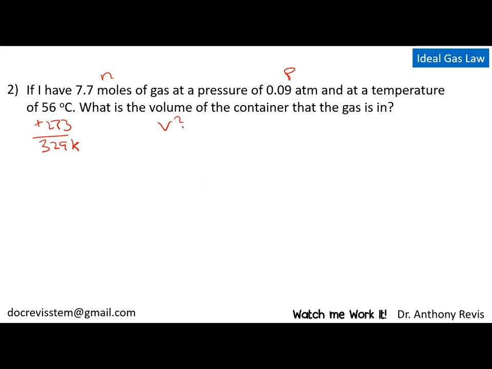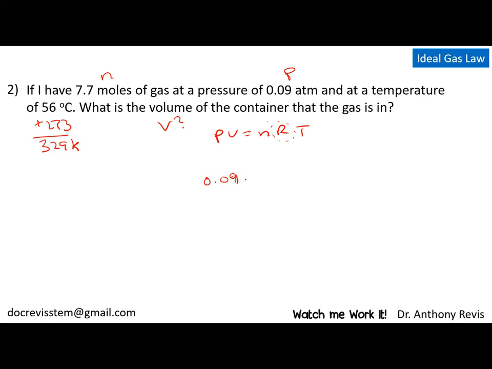What is the volume? So we have volume in question of the container of that gas. Now the volume of the container is the same as the volume of the gas. Okay, that means the same thing. So here I see my PV equals nRT, because R is a constant which I can get from a table, and everything else I see is a variable in the equation. I see N, P, and V. So I'm going to just take this, and now you can rearrange this, or you could just put all the values in. We have our pressure at